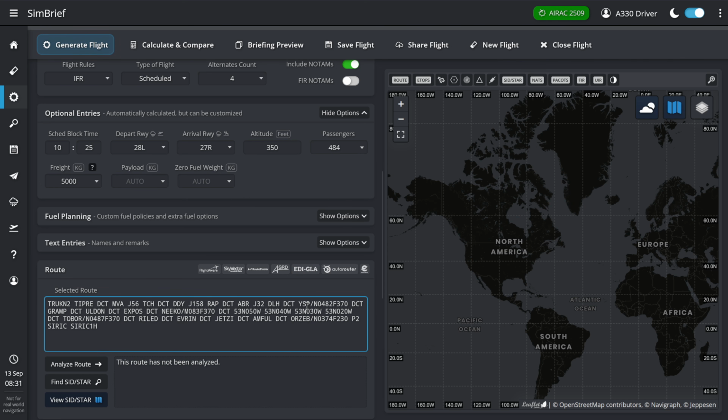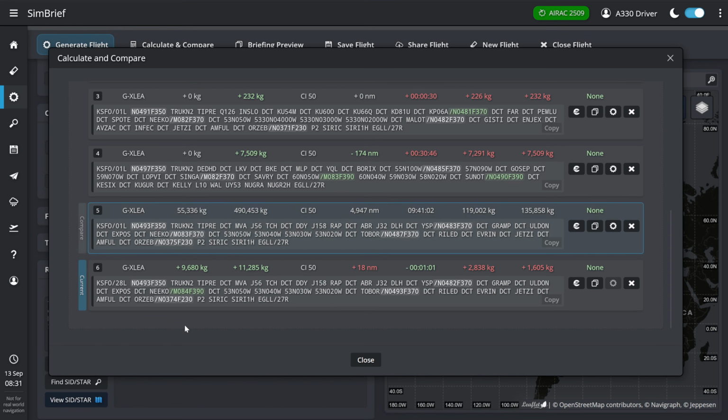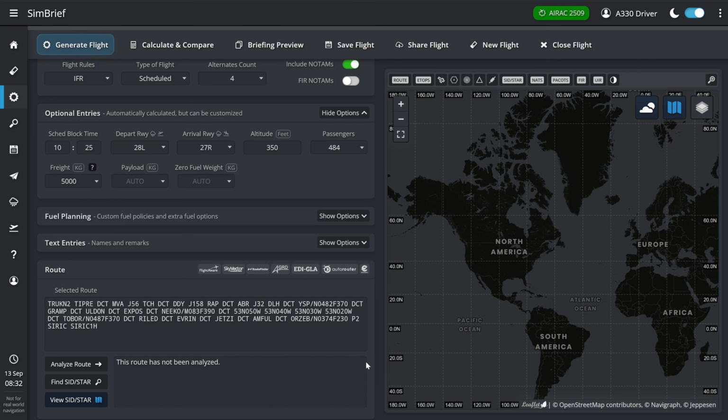So we've got 370 at Yankee Sierra Papa, and then what happens if we change this to flight level 390 for the pond? Well, let's hit calculate and compare and find out. And we can see this saves a minute, but we're actually using 1,600 kilograms more fuel. Now, we could